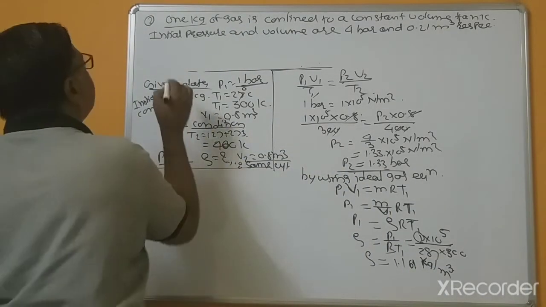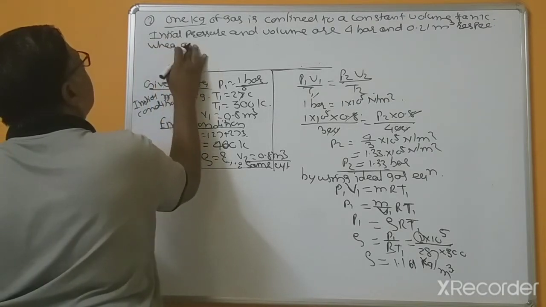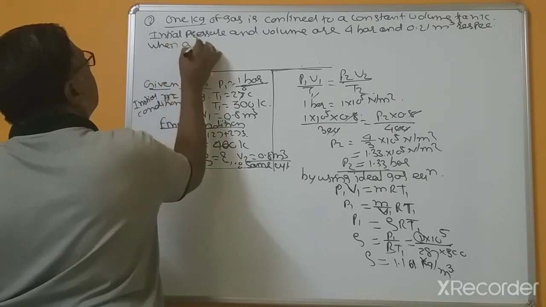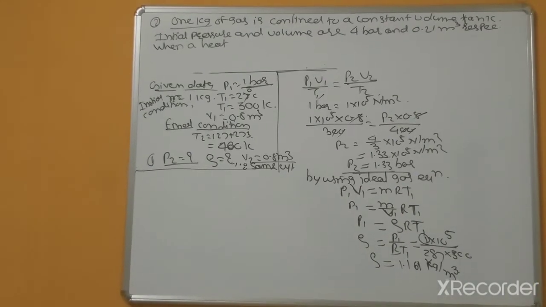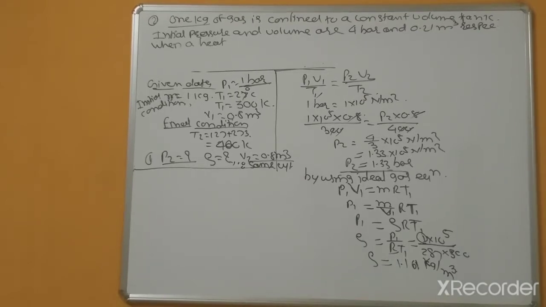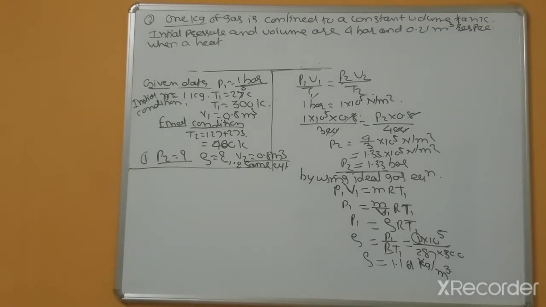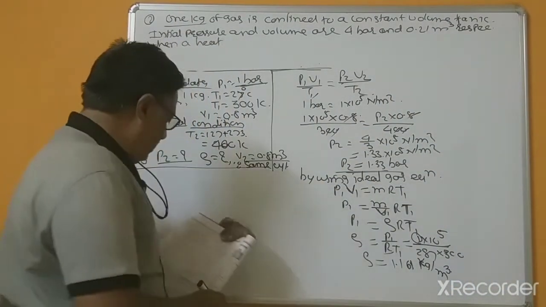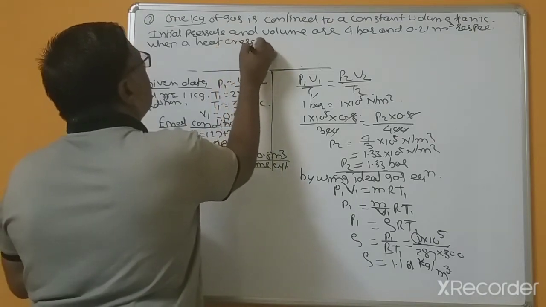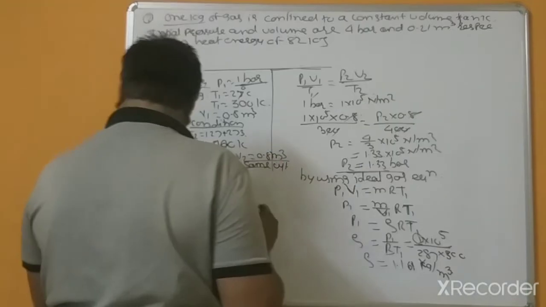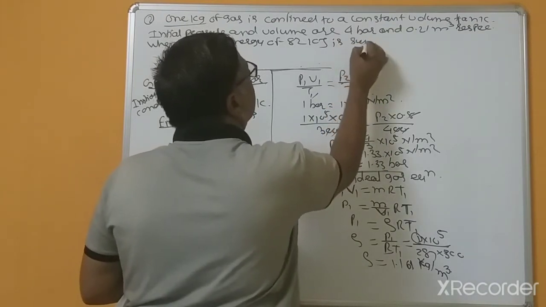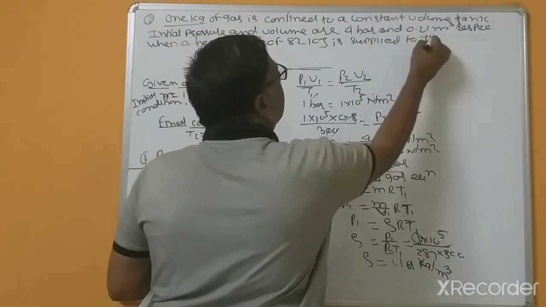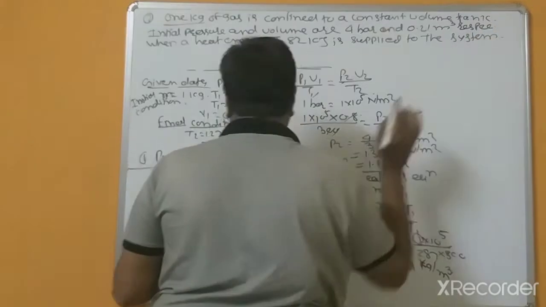When a heat energy of 82 kilojoule is supplied to the system,